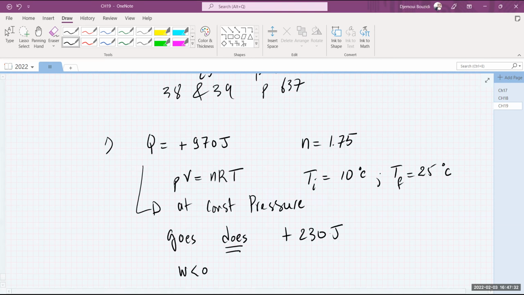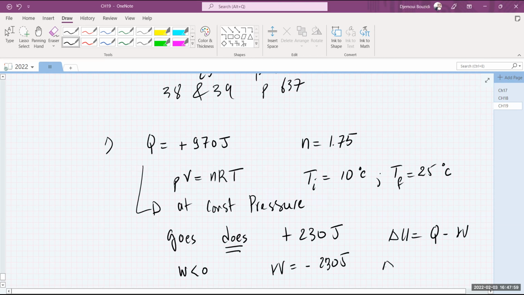This is in compliance with their convention. The reason they say that is so that when you write delta U, you're writing it as Q minus W. If this is indeed the way that you wrote it, then this makes sense. But if I write it the way that I understand it, W is actually negative 230 joules. That's how it does work. It loses energy of that amount.